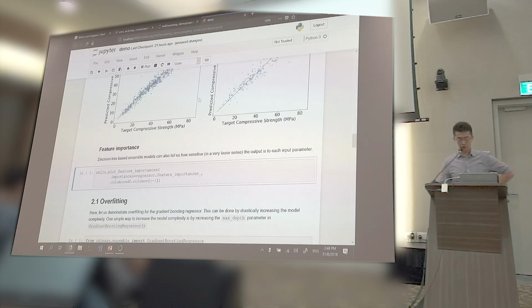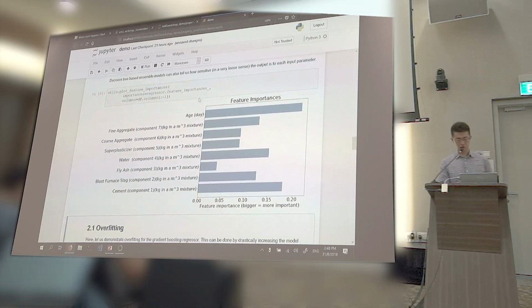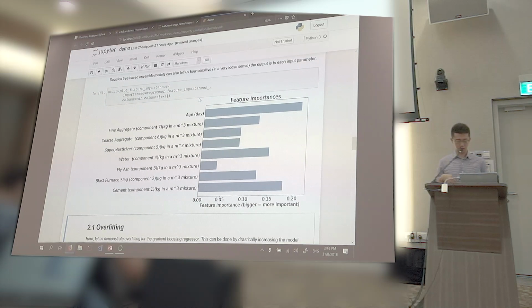Okay, at the same time, you can also look at feature importance. As I said, how important is one particular class of input in affecting the output. So if you press Shift Enter, this will give you a measure of that. On the horizontal axis is a normalized measure of how important your feature is. So the bigger the number, the more important it is. And the vertical axis is all your different